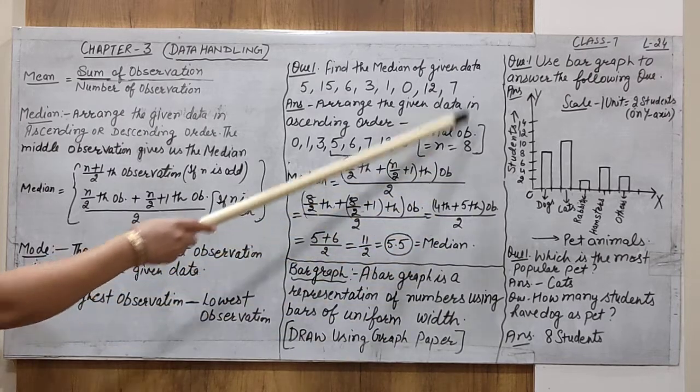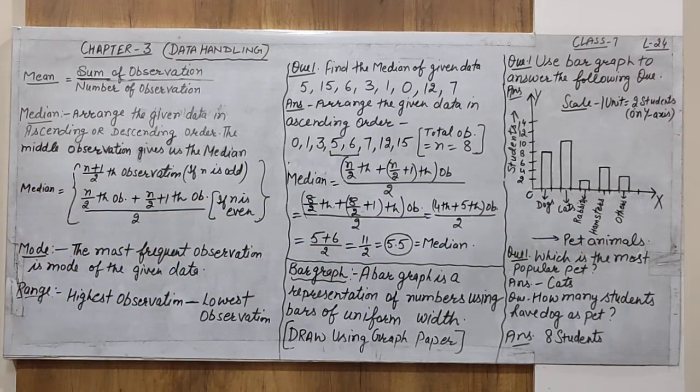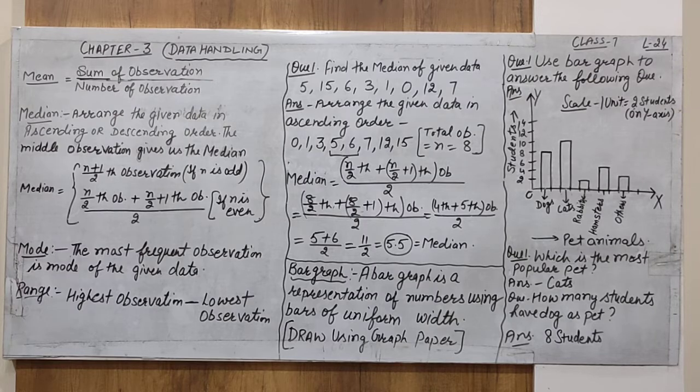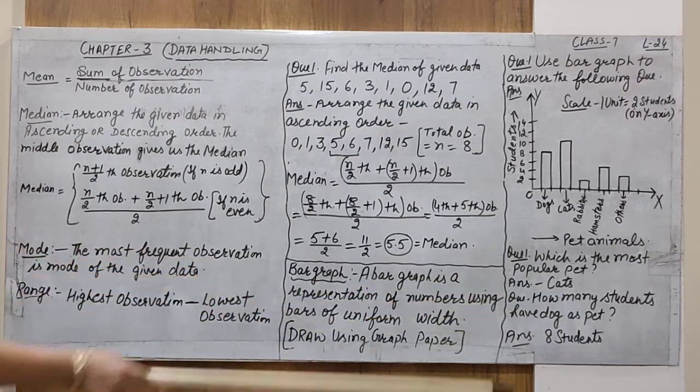Now I think you understand the graph very well. In the graph, what do we have to represent? X-axis, Y-axis. On the X-axis we represent pet animals. On the Y-axis we represent the number of students. Alright. Now on the X and Y axis, after representing the number of students and pet animals, we have to represent the pet animals related to students, and how many students use which pet animal, with the help of the bar. These give us the information. On the basis of this information, we have to solve these two questions.